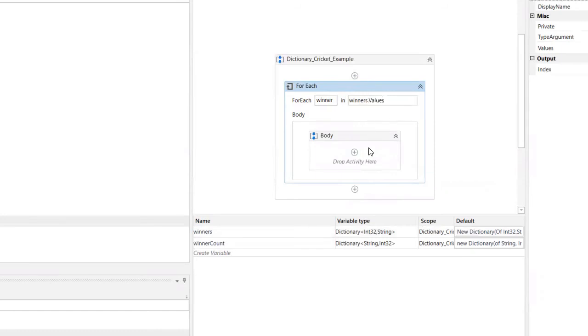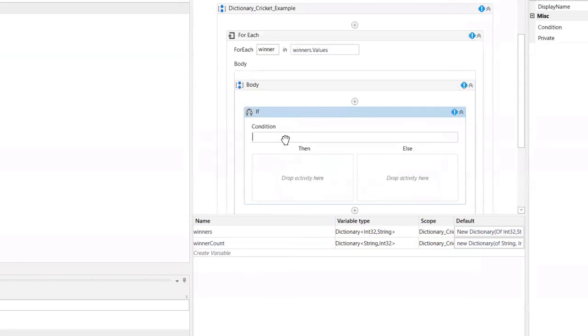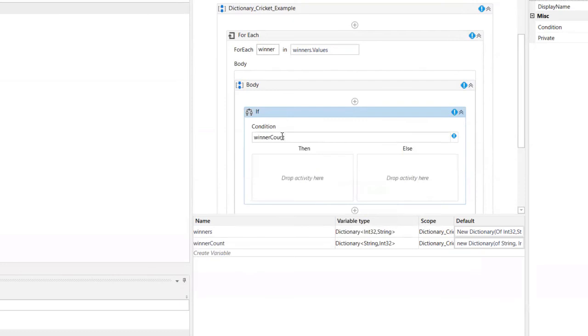So for each of the winner values, what I am going to do inside this body is check if the dictionary contains the key, which is the winner. Then I'm going to increase the winner count. Otherwise, I'm going to add. First of all, by default, there will be nothing in the winner count. So I drag one more control flow, which is If, inside the body. Here I'm checking for a condition, which is the winner count dot